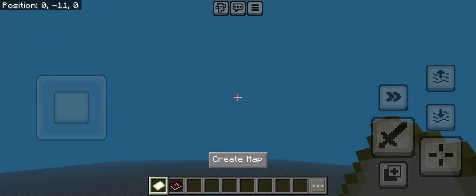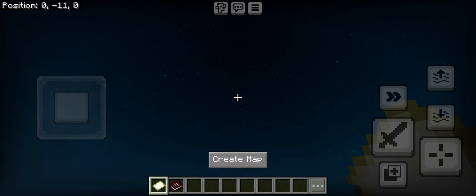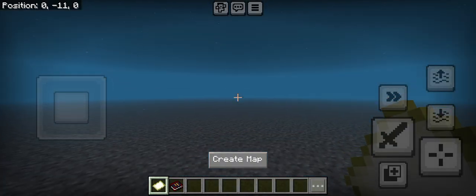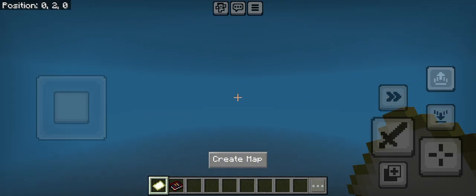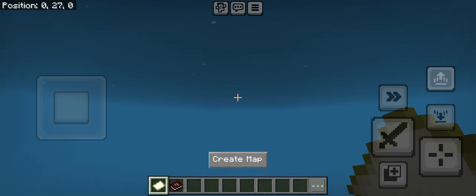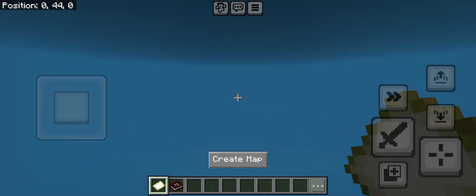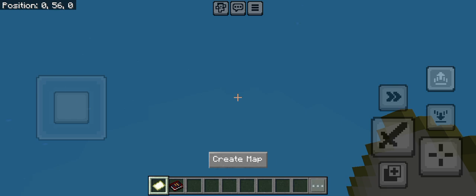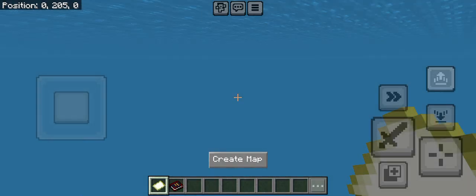Alright, so, oh my. That is deep. That is deep. Yep, that is deep. That is exactly what we want. Now I left an air pocket below the surface because I just have like a general ground level. And I do want to